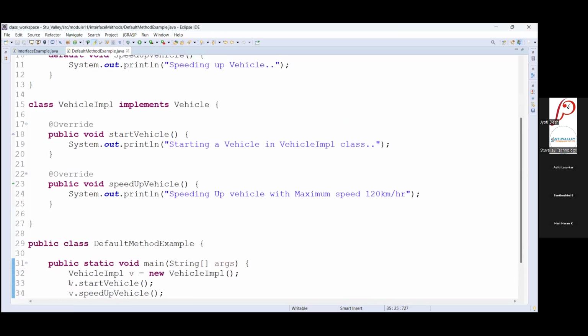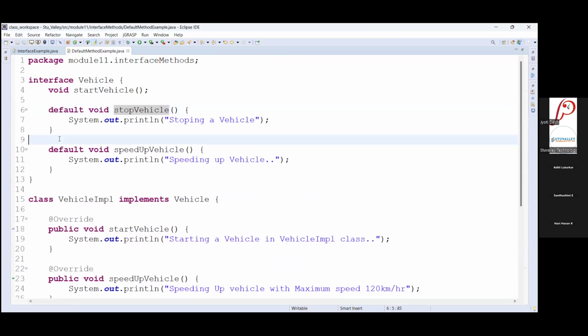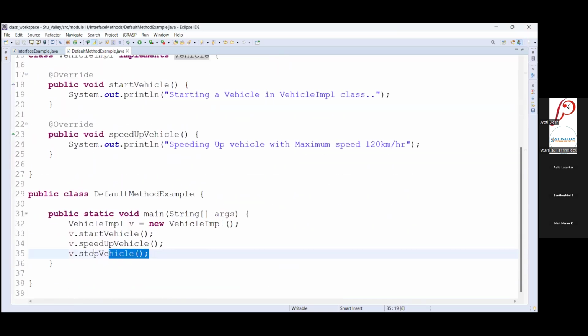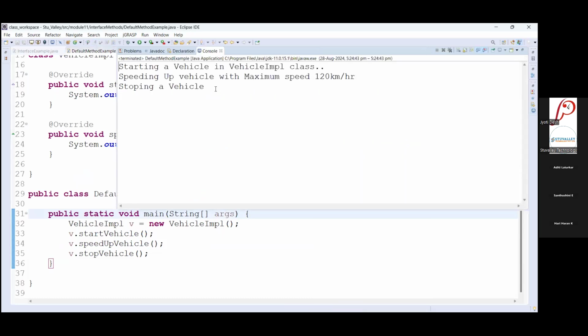So this stop vehicle implementation, we have already provided as a default implementation inside the vehicle interface. That will occur here as it is, because we have not overridden that method inside the vehicle implementation class.